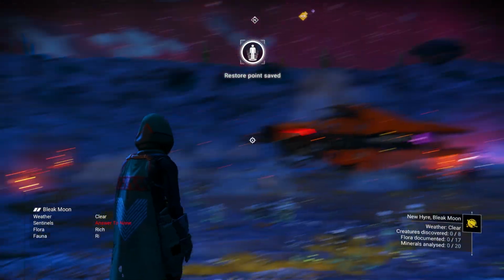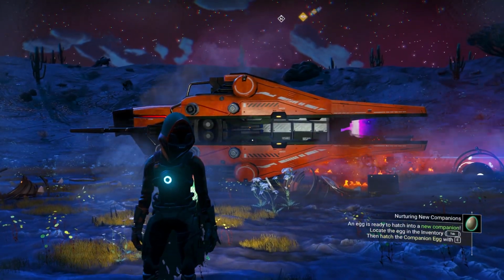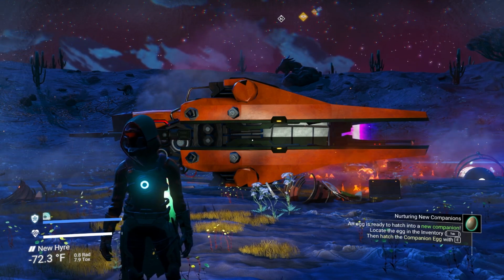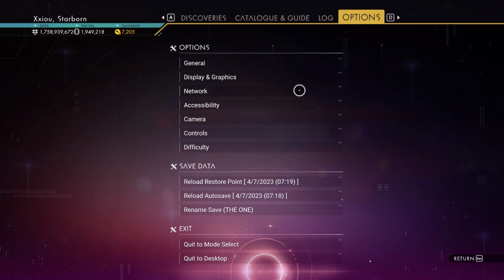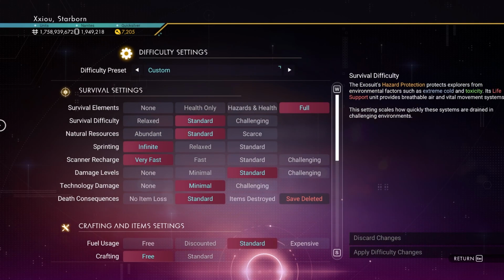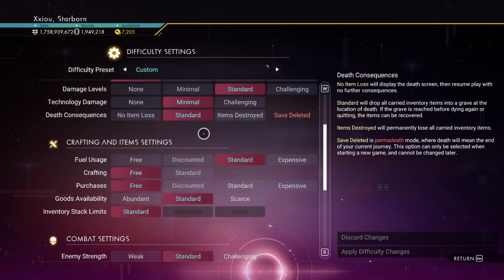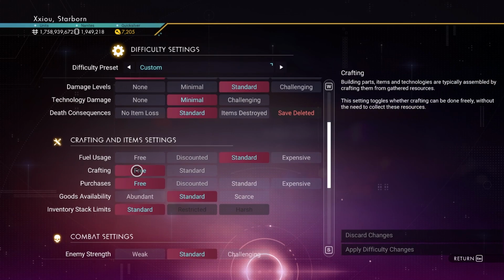Okay, now, important guys. New players, you might not know about this. Old players, you probably do know about this. But difficulty settings. Now remember, this is about finding them in the fastest way. So what I do is I go to my difficulty settings here, and I basically play on a modified version of normal mode. So you can see most of this stuff is all set to normal mode, except I put crafting and purchases as free. When you have crafting as free and purchases as free,